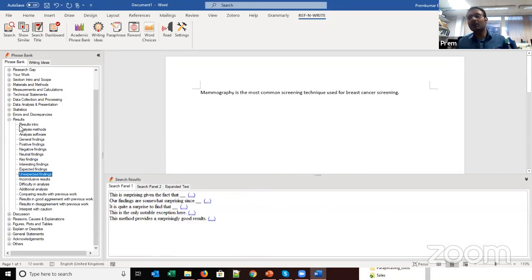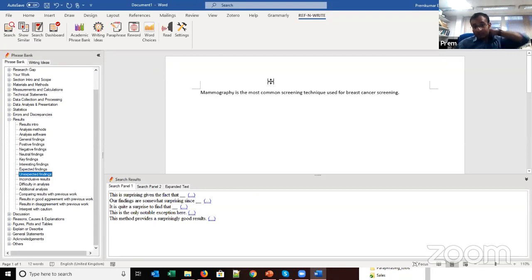It pretty much covers the themes or statements you'd be required to make when writing a research paper. So there are approximately 20,000 handpicked academic phrases that ship as part of REFNWRITE.